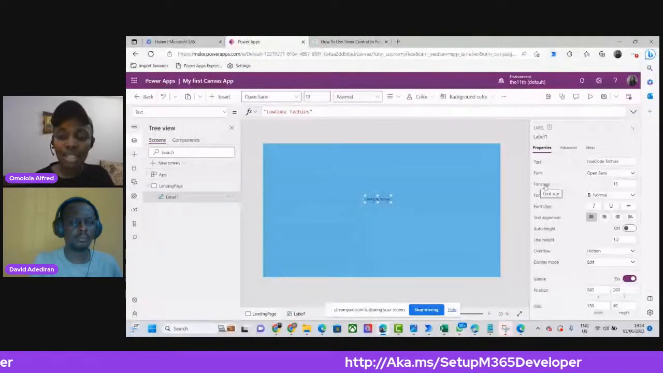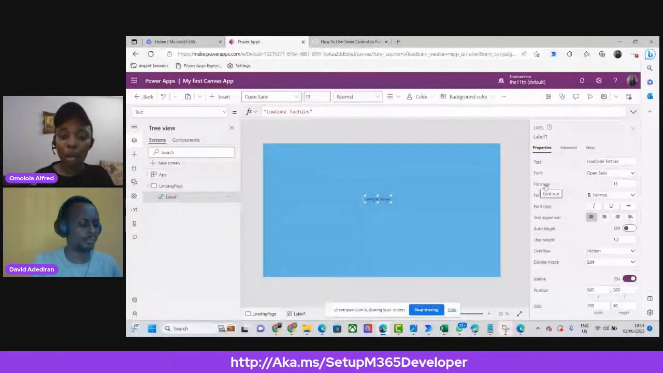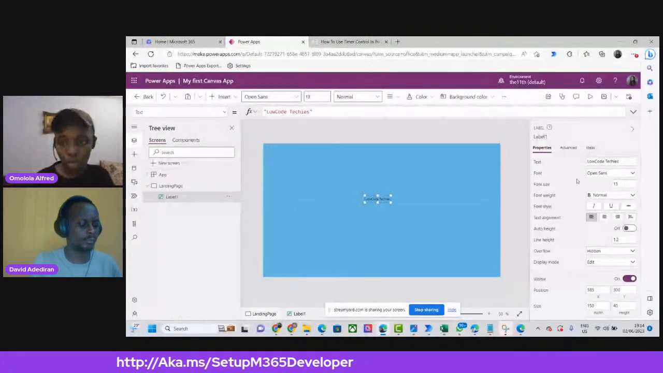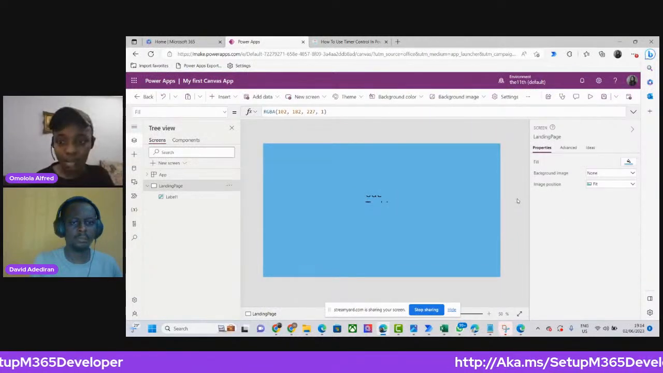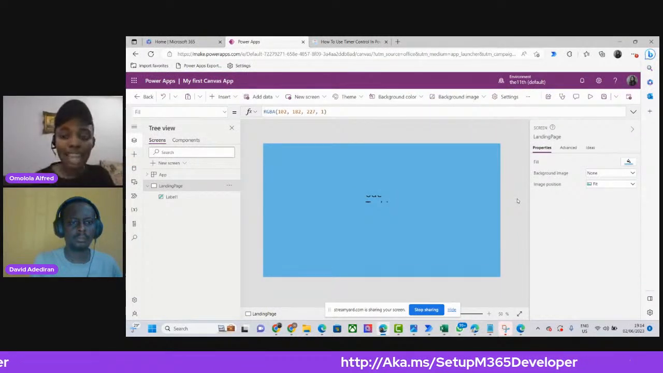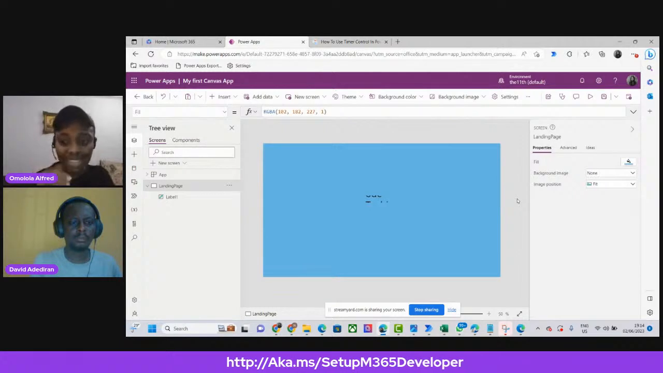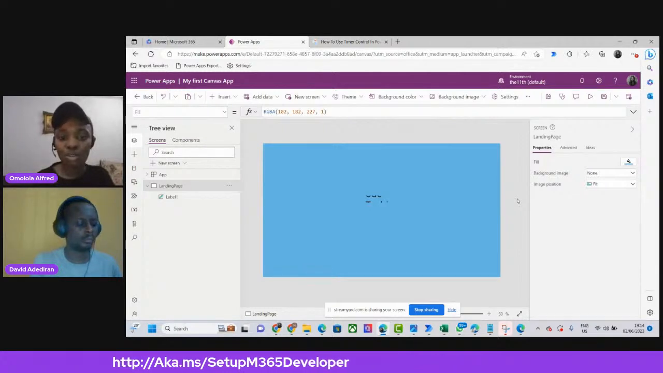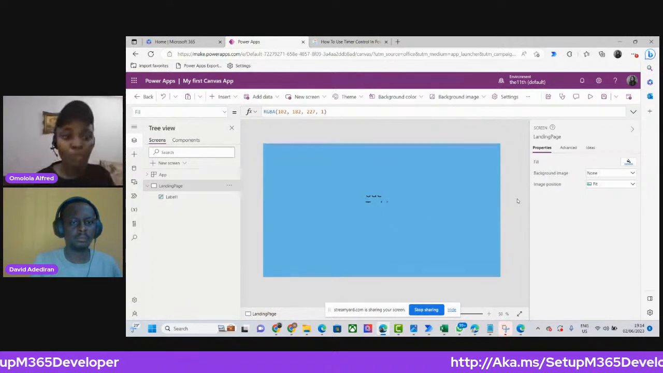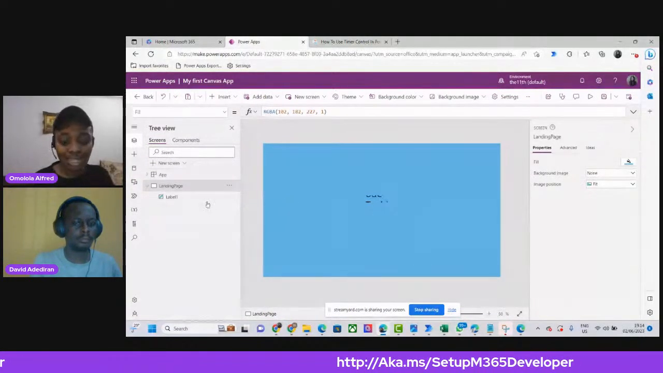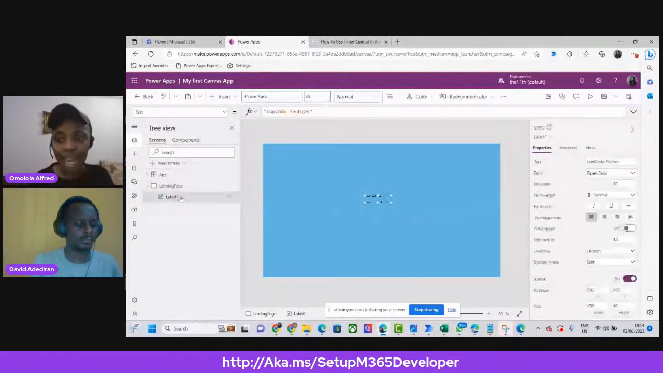Font size. Font size is one of the properties of the label control. From 13, I'm going to make the font size 40. The font size is actually talking to the text inside. It is not talking to the width and the height of the label control itself. So if we want to do something to that, select the label control and